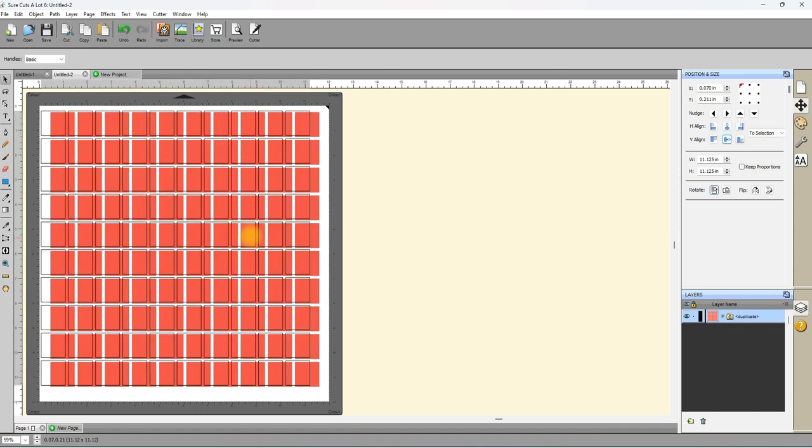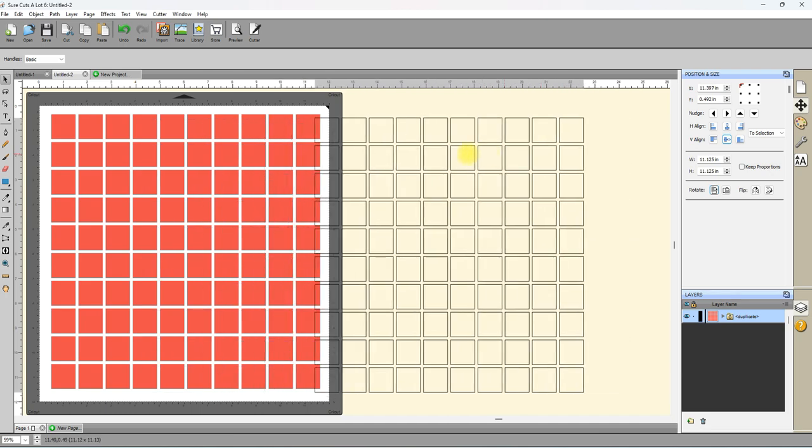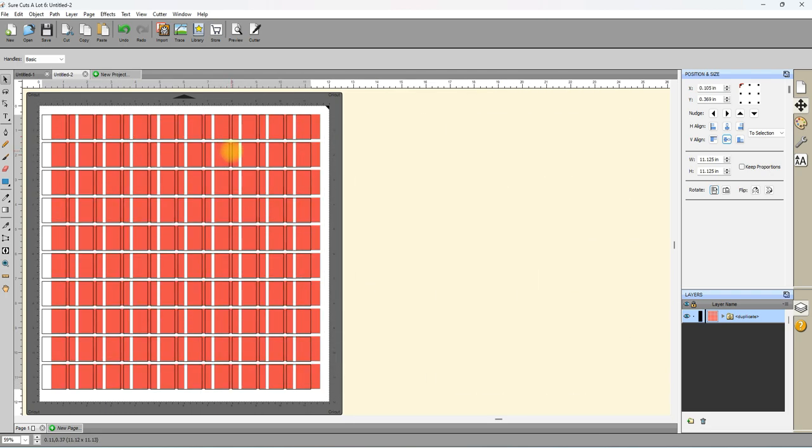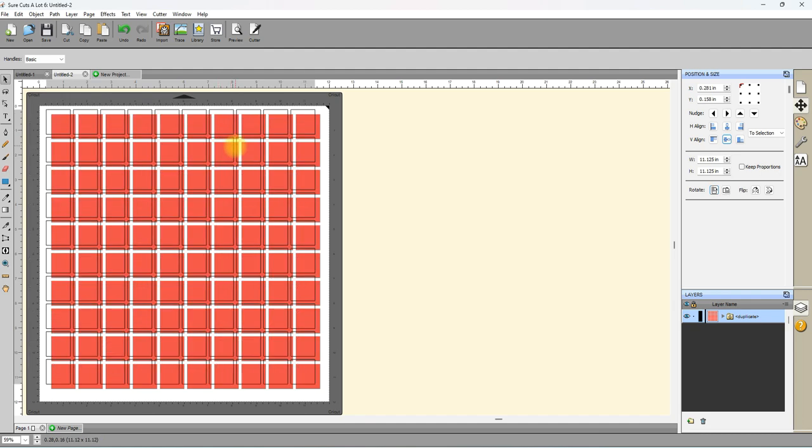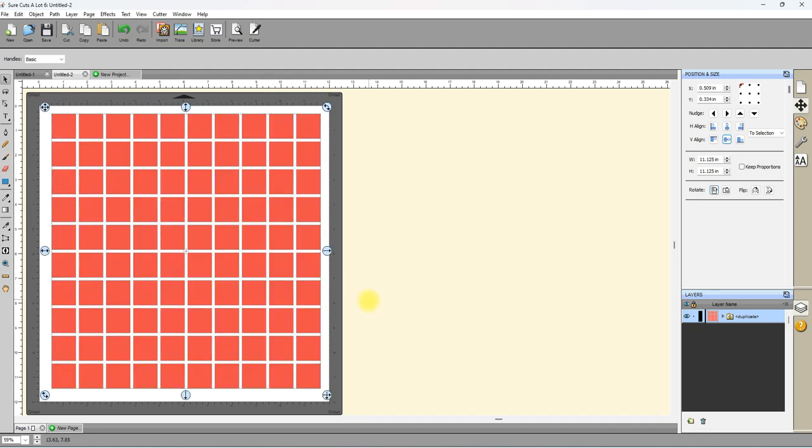Now in Design Space, if you were going to export this into Design Space, you'd have to put another square around it because it only measures 11.125, and in Design Space it goes shooting straight up to the left-hand side. But in Shortcuts a Lot, it stays where you put it. So you can highlight,